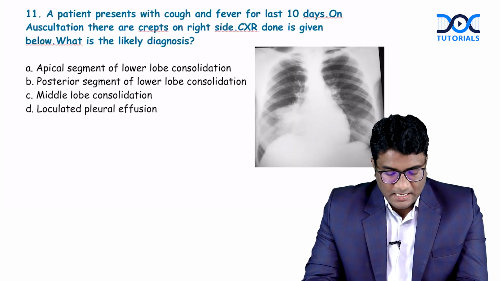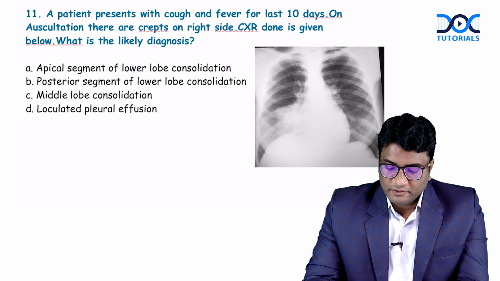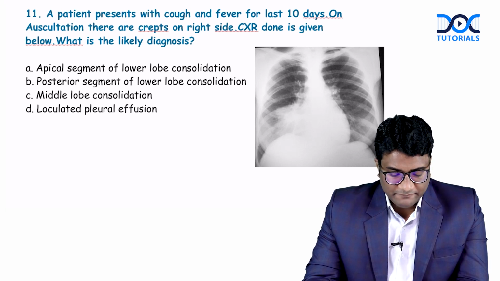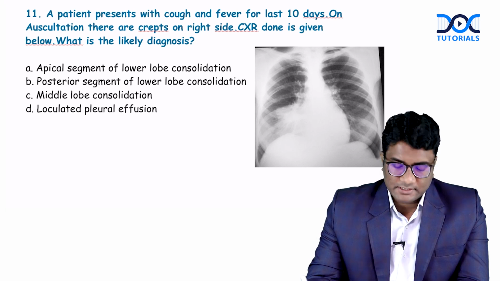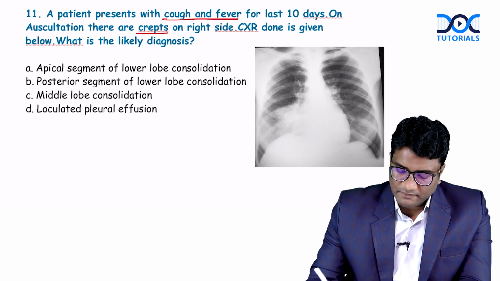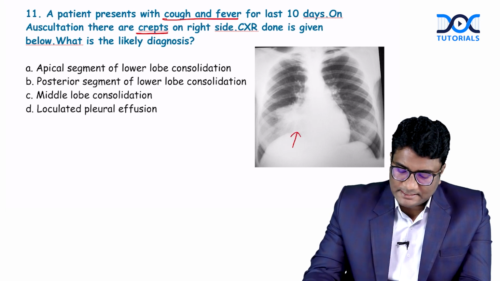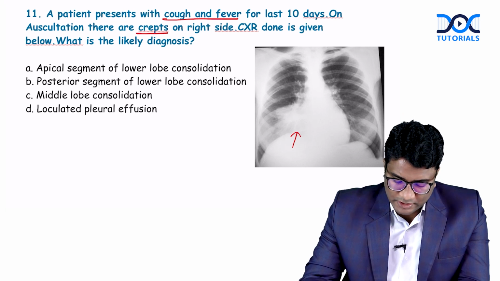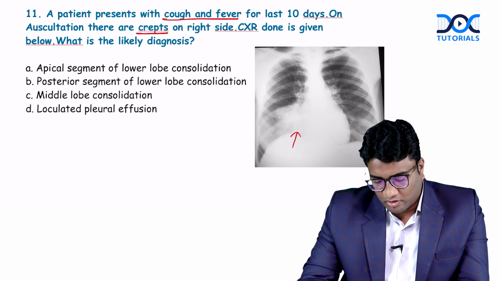Now, the next one, a patient presents with cough and fever for the last 10 days. On auscultation, there are crepts on the right side. Chest radiograph done is given below. What is the likely diagnosis? So, a patient with cough and fever with crepts and the radiograph is given, and what is the diagnosis? Is it apical segment of lower lobe consolidation, posterior segment of lower lobe consolidation, middle lobe consolidation or loculated pleural